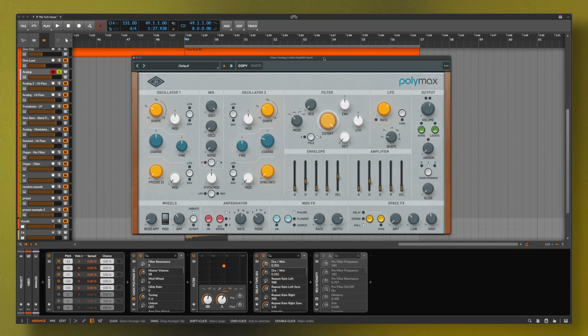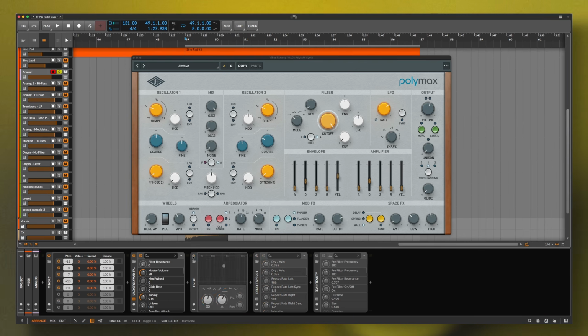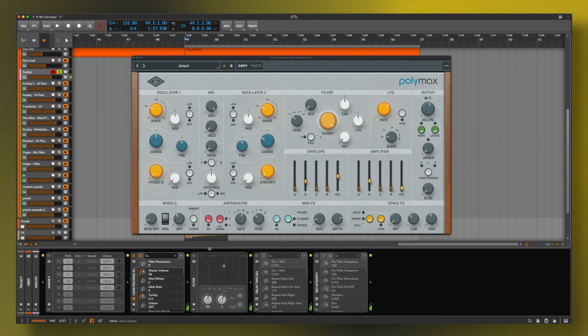So let's start with just a simple analog synth, and we're going to use the Polymax here. Again, any analog synth is going to work. For a waveform, we're just going to use a sawtooth waveform in just one oscillator. On the filter, we're going to keep the filter wide open here. I'm going to turn off all my processing and my chords. And if we just play a single note,